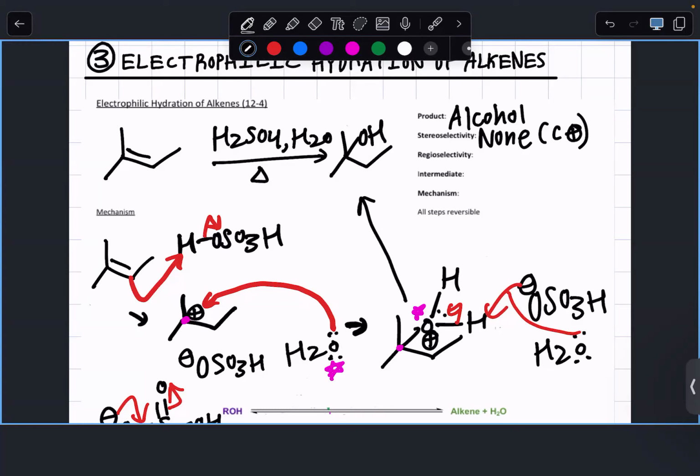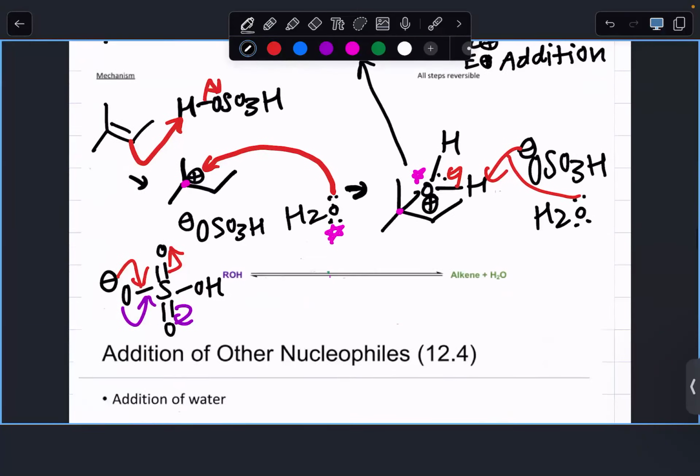For regioselectivity, this is Markovnikov because we see that the nucleophile, the water, attacks the more substituted side of the intermediate carbocation. Mechanism: electrophilic addition. Because the very first step here was that we added the electrophile, hydrogen, into the alkene. Okay. Now,